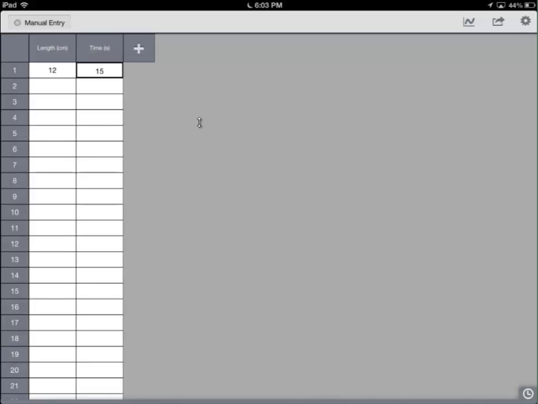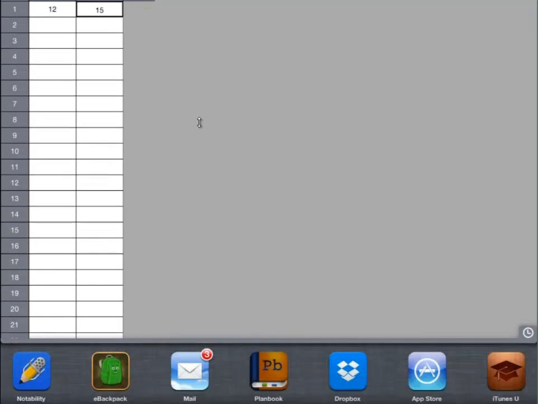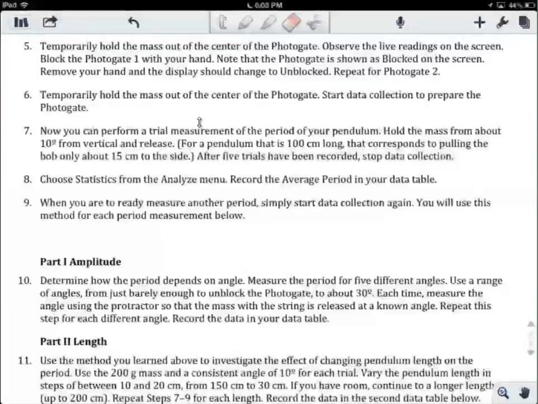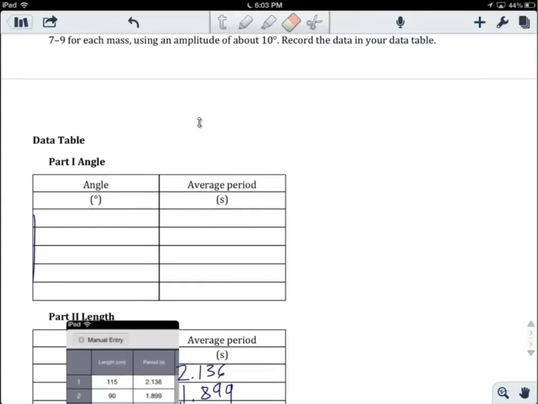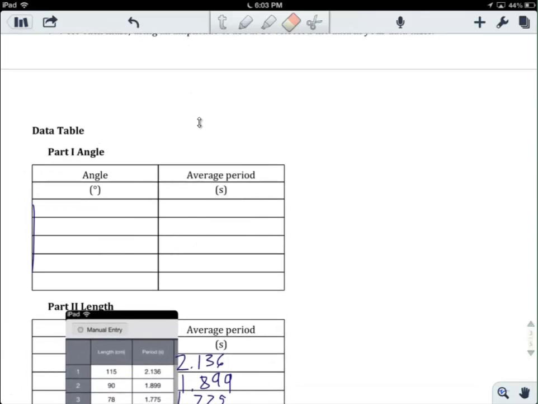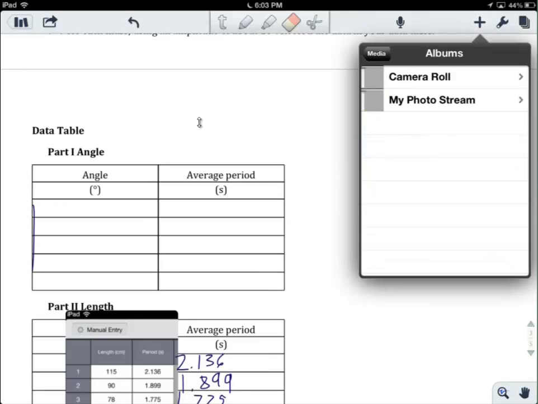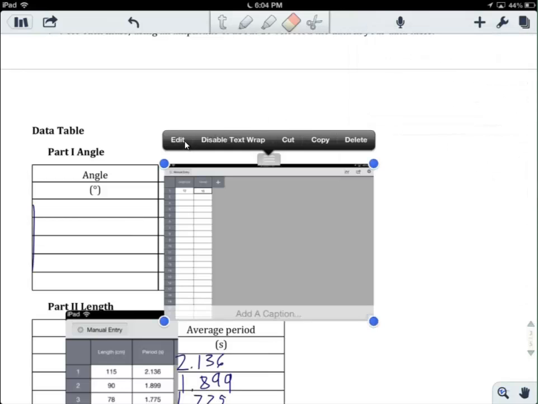And then I'm going to go to my lab in Notability that I have open, and I want to go ahead and I want to insert this data into my data table. Okay, now you can see I have a place where I've got a spot to record this data, but if I want, I can just say, well, let's put in that picture that I just took from my camera roll, and here it is, and I don't need that giant picture. I'm only interested in a little bit of it. So if I touch edit right here, then I am able to actually crop that picture